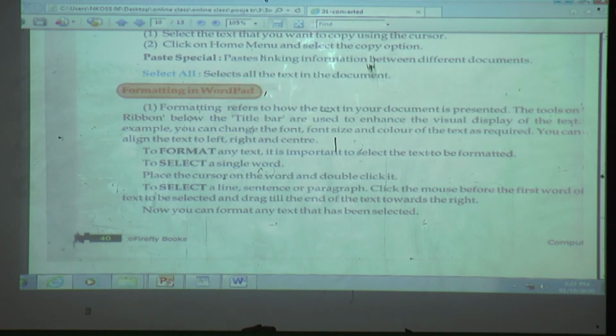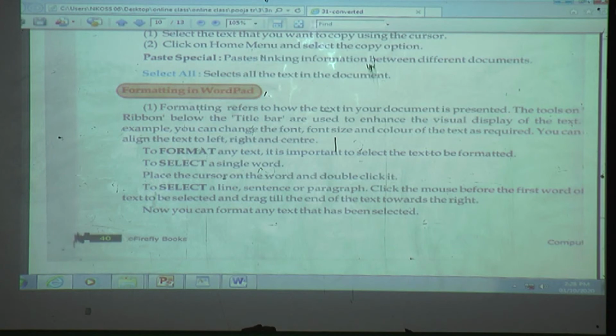We can change the font size, font style, and if you want to give color to the font, and the background color also, we can give. Next, we can change the alignment also. Which alignment can we change? The written text we can give left alignment, right alignment and center alignment.